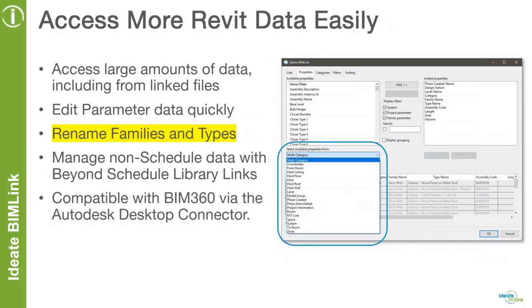So Ideate BIMLink is so much more than just an export to Excel, making manipulations, and then importing back, even though that's kind of what I started with. But we support so many different workflows for revision data, for being able to manage information that's just not available in Revit schedules. And today, in this particular webinar, we're focused on renaming families and types and just basically renaming information